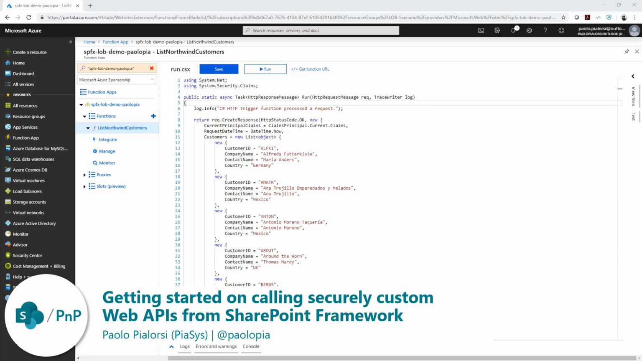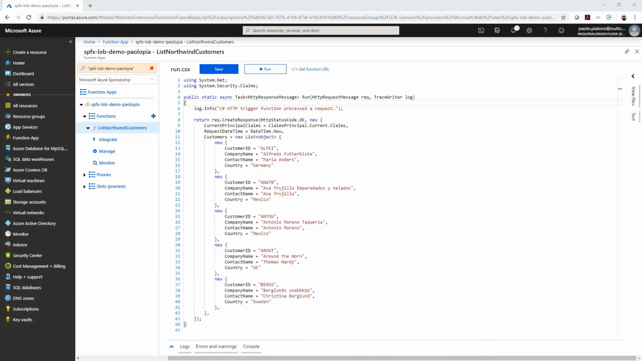In this video we will talk about calling custom web APIs from SharePoint Framework, and specifically I will show you a demo of an Azure function that can be used and invoked by a SharePoint Framework client-side web part. This is the function I'm going to use, and as you can see, it is based on a response which simply provides back to the calling user the collection of claims describing the identity of the calling user, together with the date time of the request, as well as with a list of customers based on the well-known and famous